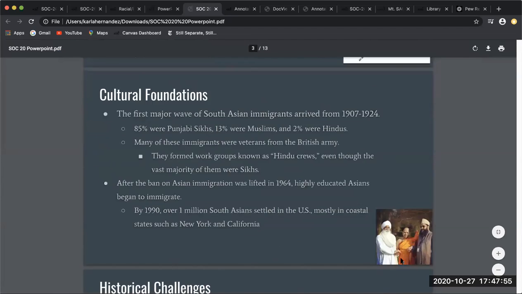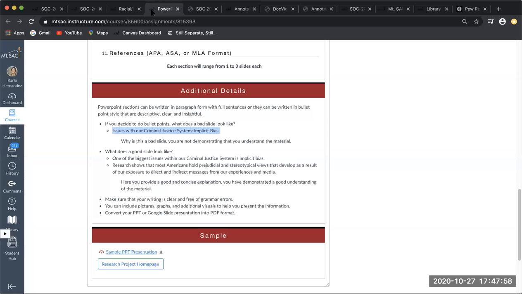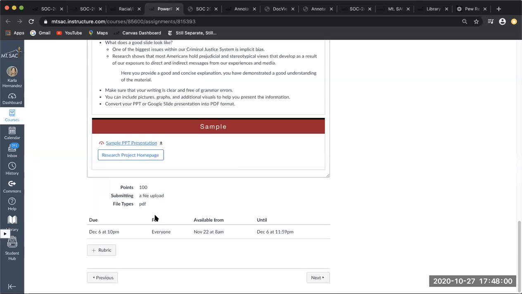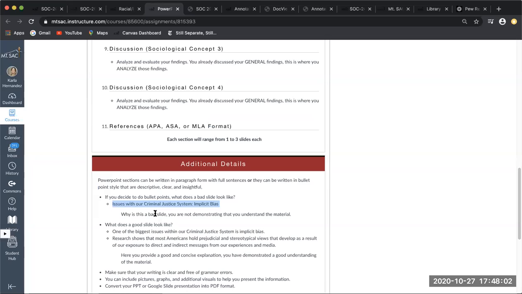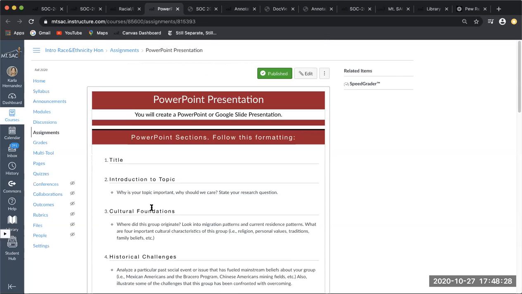So really simple. I think that the project looks a lot more daunting than it really is. But once again, I have samples of your final PowerPoint presentation. I have a sample of your annotated bibliography. And once again, just make sure you meet the requirements and you follow the requirements for your research proposal and you should be more than okay. Make sure you have your research proposal emailed to me by the end of the week. I want you to have enough time to complete or to work on your research proposal.